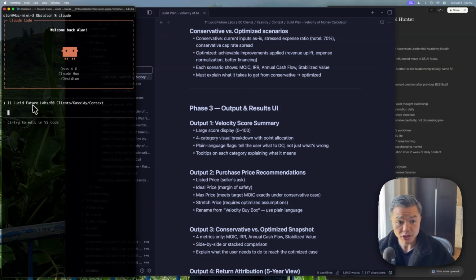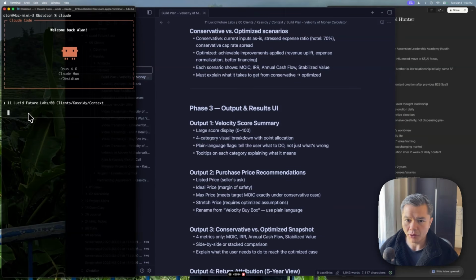And then I'm going to use Whisper Flow here, so I don't have to type. Using all of the context in this directory, please create a comprehensive product requirements document, aka PRD, that I can use to just plug into Claude Code and generate the first version of this app.